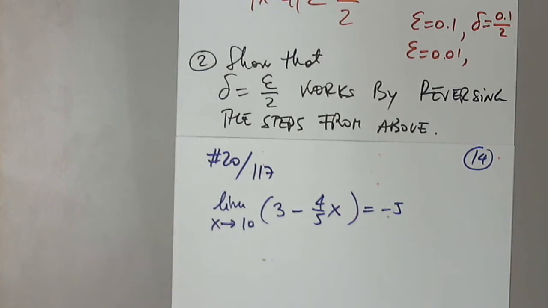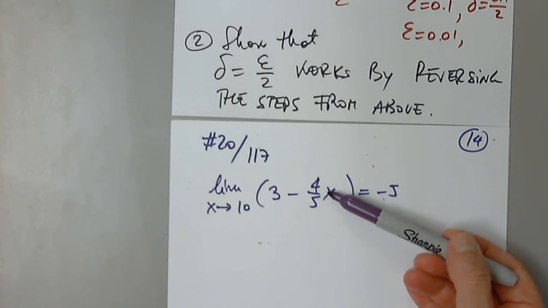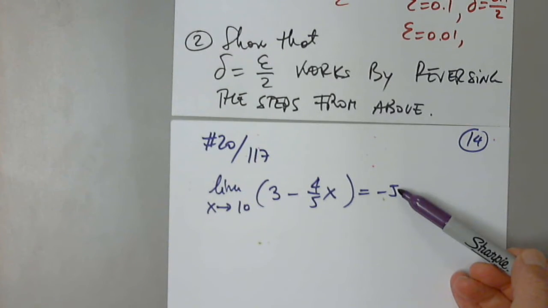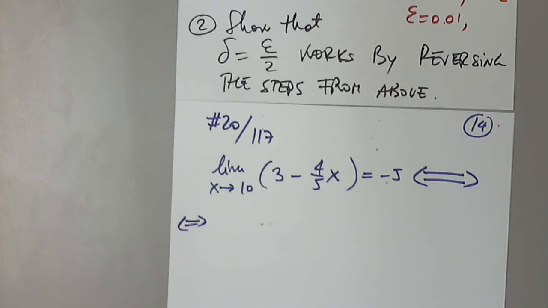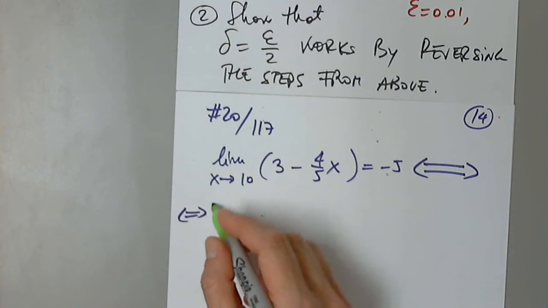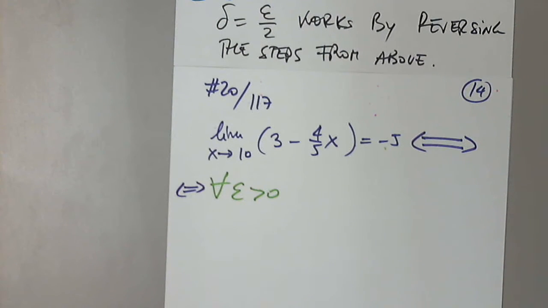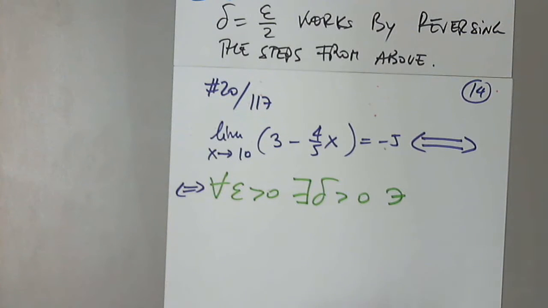So, first of all, let's make sure that this is okay. Is this okay? So 10 divided by 2 is 2. 2 times -4 is -8. 3 minus 8 is good. Very good. So the equivalency symbol, and I'm waiting for you to tell me what to write. For every or any epsilon positive, there exists, I will find what? A corresponding delta, also positive, of course, such that,